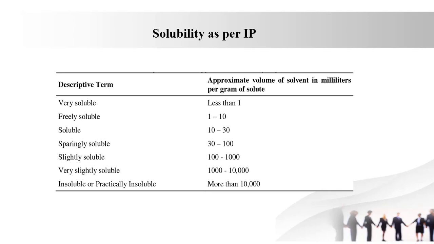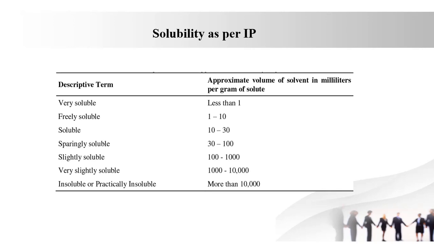So first one, very soluble. Any compound or drug is very soluble if it requires less than 1 milliliter of solvent to dissolve 1 gram of solute. In freely soluble, 1 to 10 milliliters of solvent are required to dissolve 1 gram of solute. In case of soluble, 10 to 30 milliliters of solvent are required to dissolve a gram of solute. Then in case of a sparingly soluble drug or compound, it requires 30 to 100 milliliters of solvent to dissolve